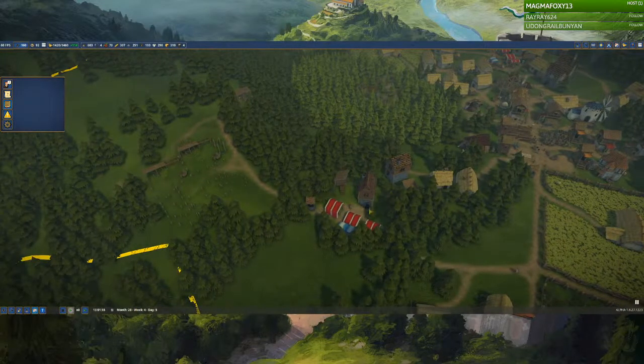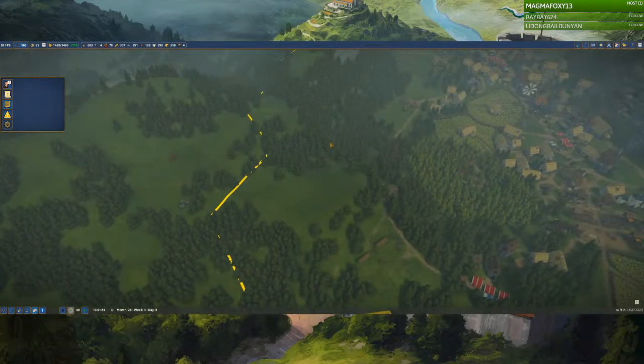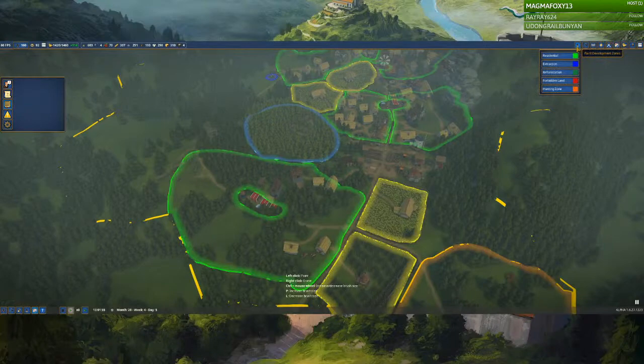So once we get this set up, we're going to put another market on the other side with more buildings. That way everybody's close enough to the church. And then we're going to start adding some more structures here for some industry stuff, because when we go to the development thing,